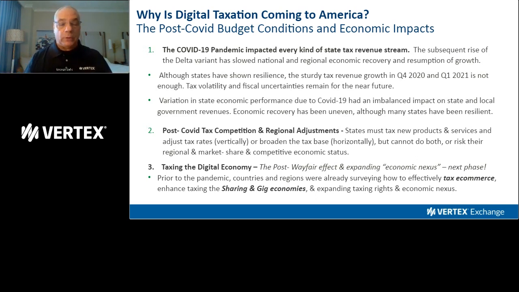So why is this important? Because when you look at the state's individual tax bases, you can only go two ways. The vertical way is raising tax rates, or you can go the horizontal way, expanding the tax base. So once again, you either expand the tax base or you raise the tax rates, but you cannot do both because you become